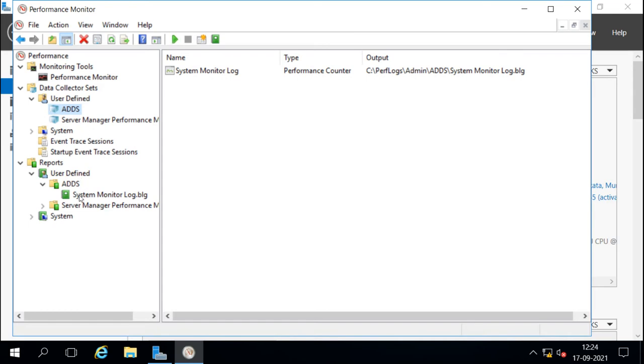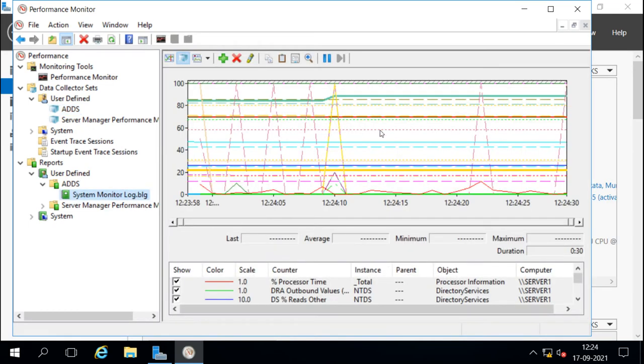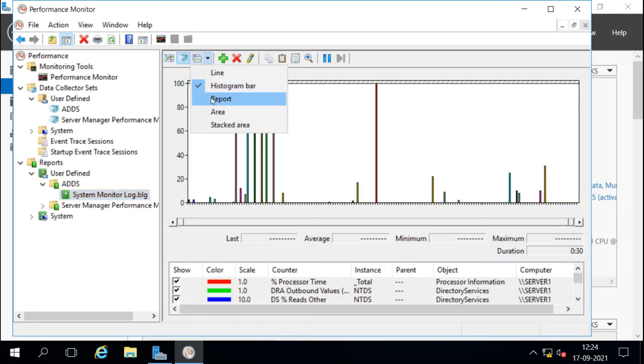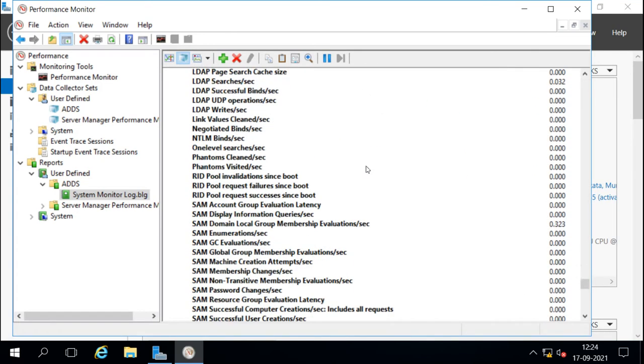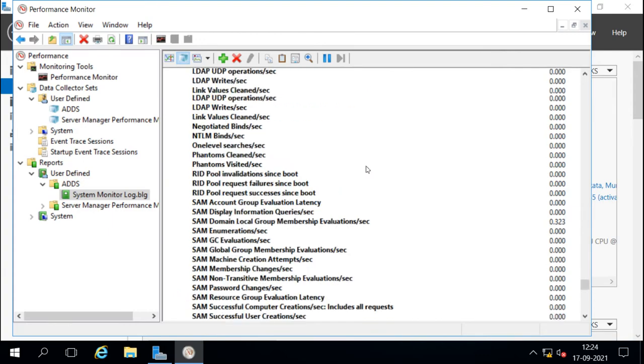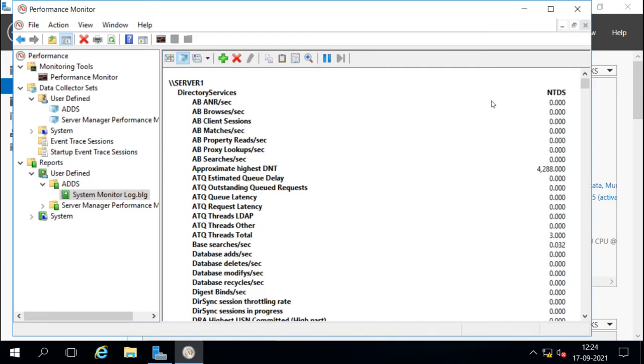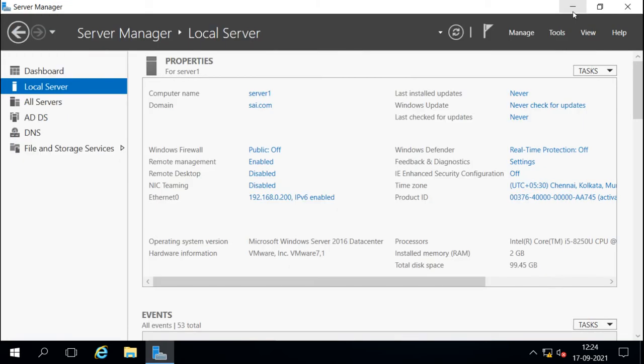Now when we go here again, under report, we can see the whole report here. We can see it in different ways. So daily we do this to monitor the resources, so that we can be ready if the resources are getting to a bottleneck or resources are finishing. So we will be ready before it is going to be out of resources. For that, this monitoring is very important for us.